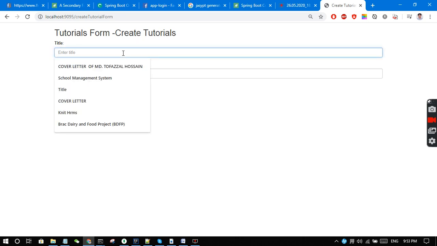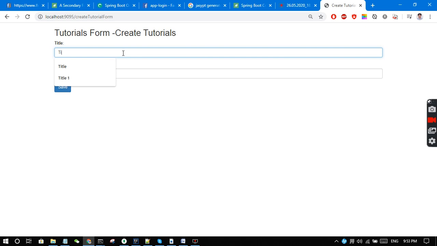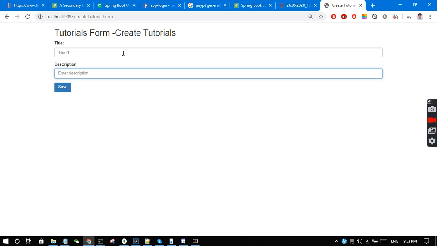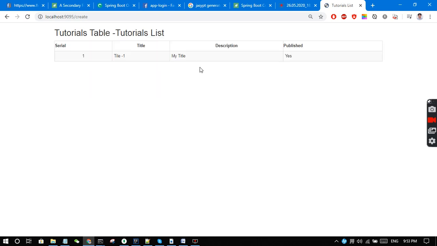Now we will try to set some value. Title 1 and description my title. So we set title for title 1, description is my title. Let's save. Yeah, successfully saved and